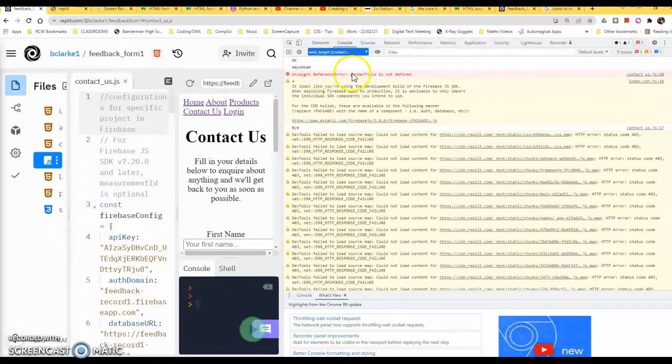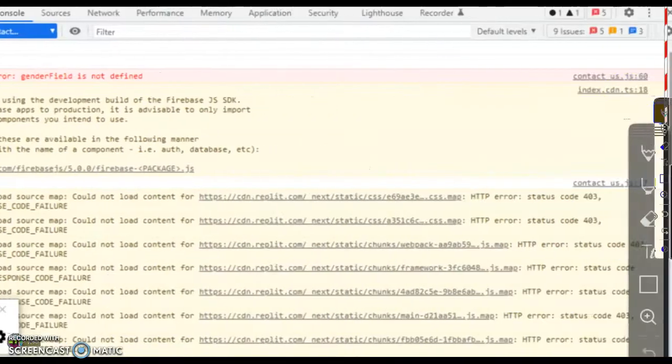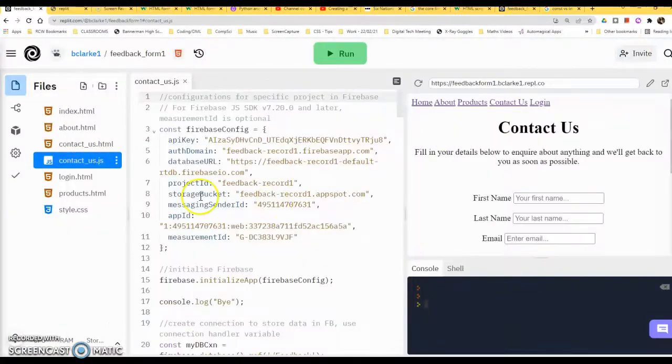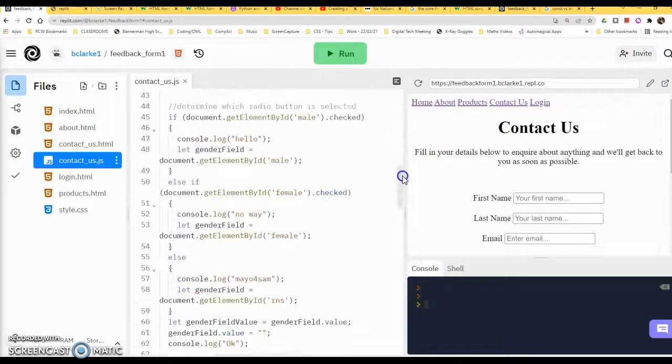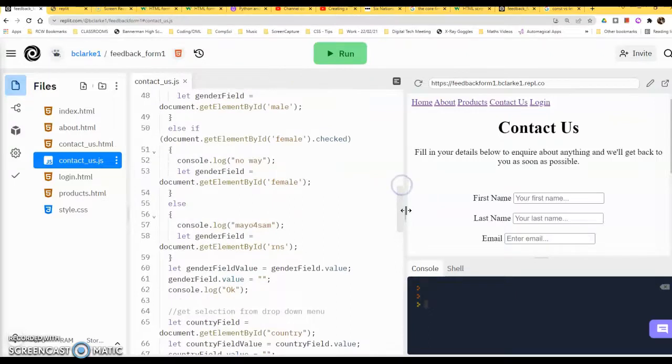Okay, right up at the top there, see that one? Uncaught ReferenceError: gender field is not defined. Gender field is not defined, so that's telling us on line about 60. So if we jump back in here, get rid of that now, go back in here and about line 60. So this appears to be to do with our